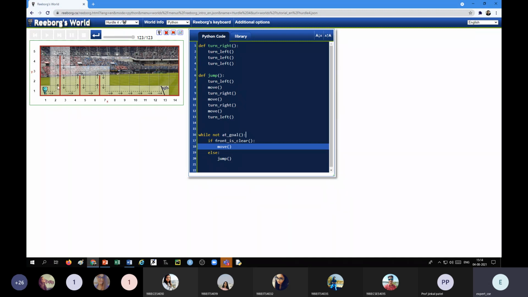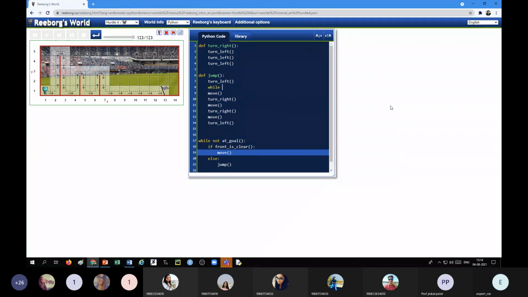Okay, we'll move till what? We will move till the right hand side wall is not there. Okay, so we turn left, then we'll move while wall on right, simply move, right?